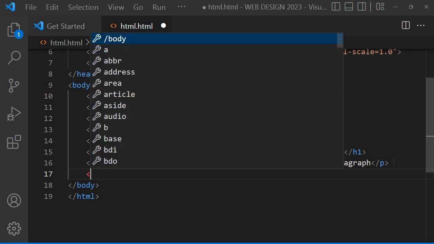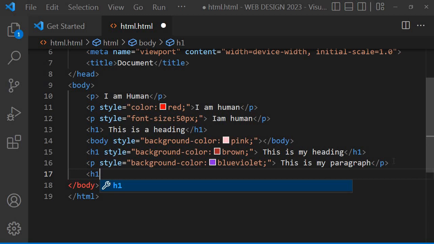So let's bring our H1. Let us say H1. You style it, right? So when you are bringing color, you only write color. When you are putting background color, you put background then the hyphen. So color,